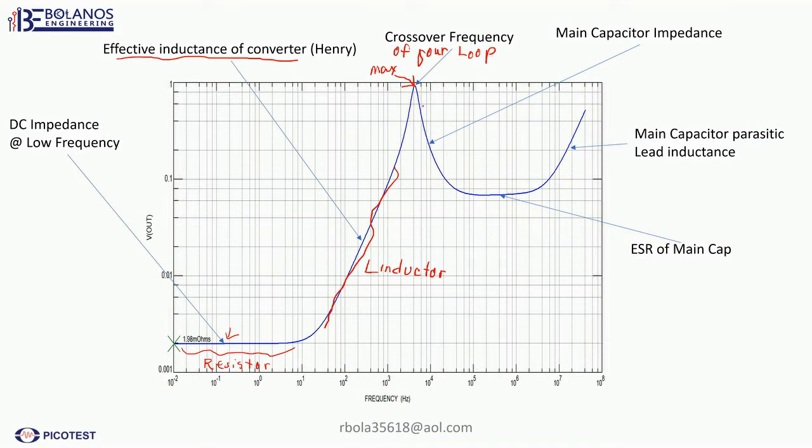Then when you see a downward slope, that is typical of a capacitor. So in this case, this is the capacitance of my main capacitor, a 100 microfarad